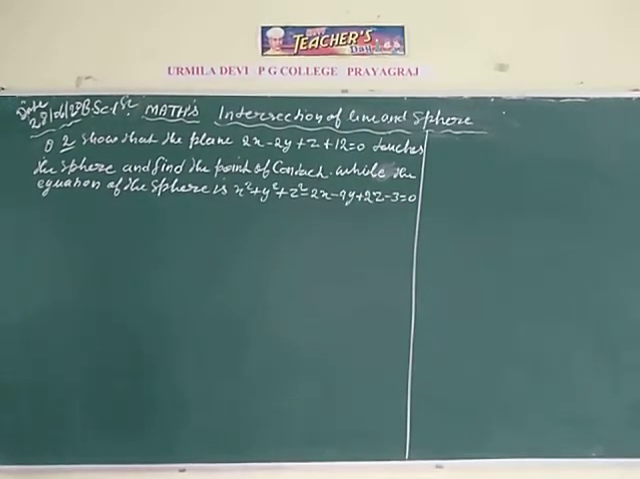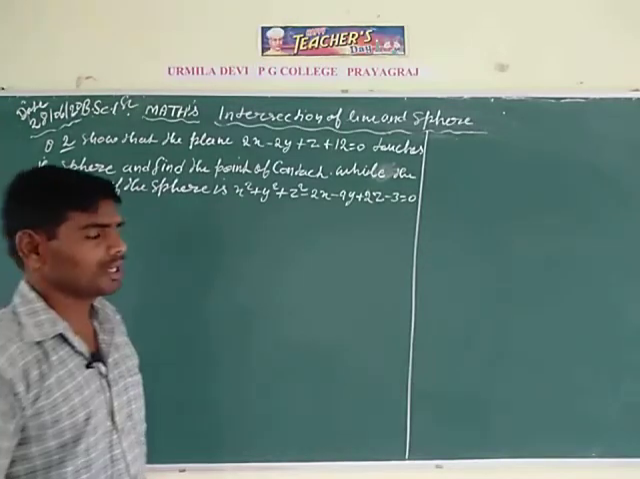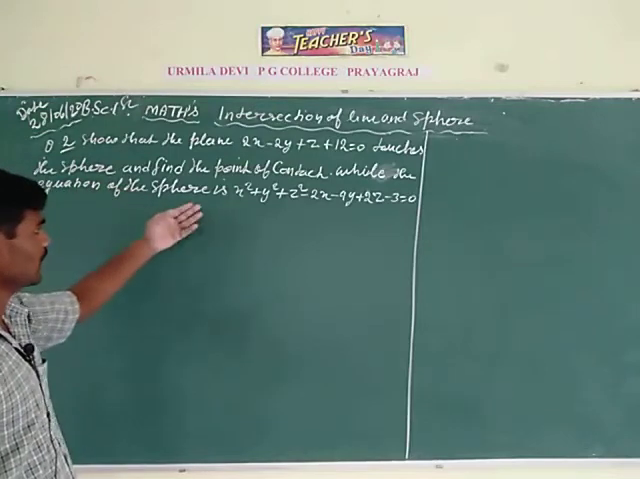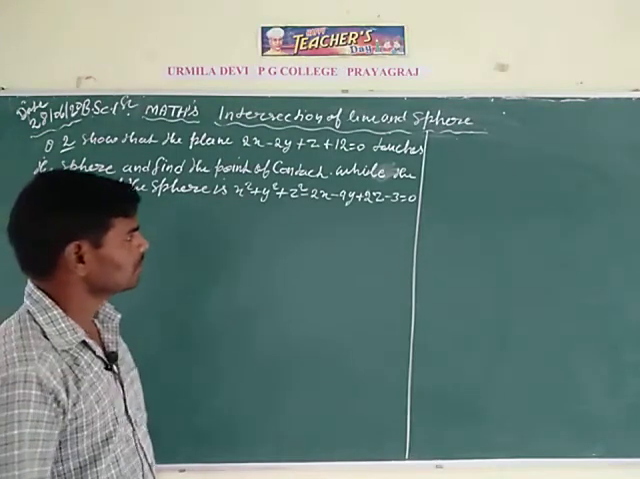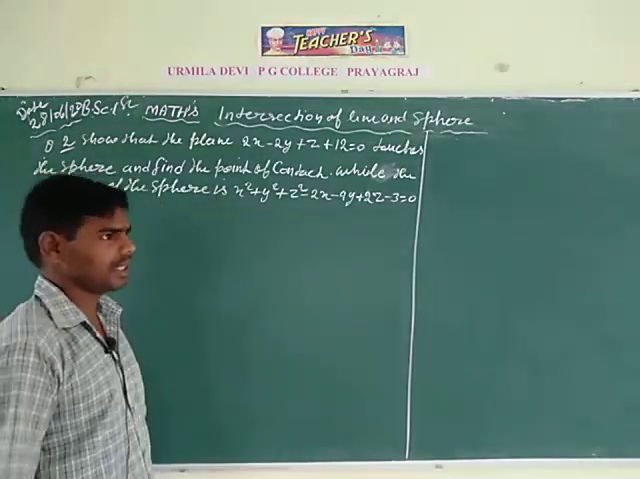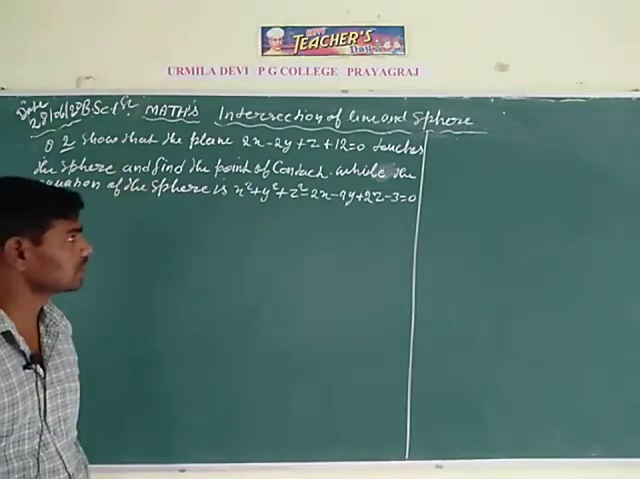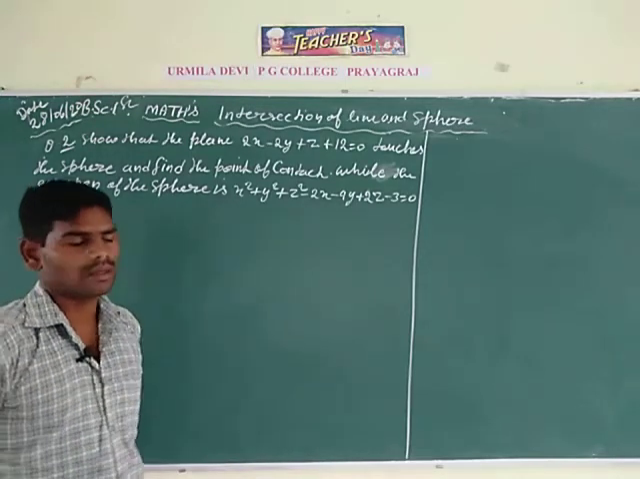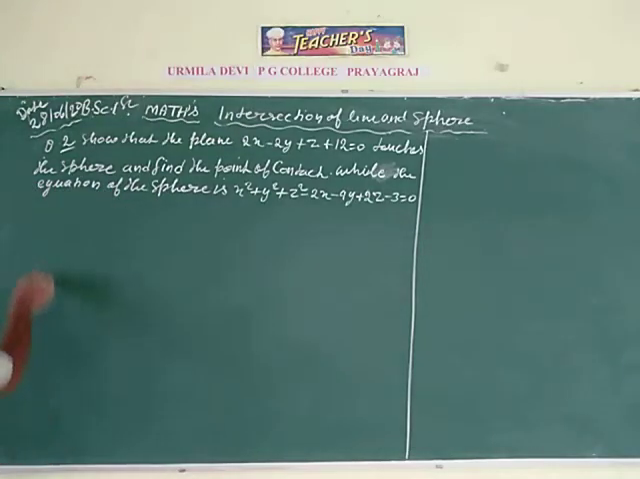In this question, prove that the plane 2x minus 2y plus z plus 12 is equal to 0 touches the sphere. Here the sphere is x square plus y square plus z square minus 2x minus 4y plus 2z minus 3 is equal to 0. This question contains two parts. In the first part, prove that the plane touches the sphere, and in the second part, find the coordinates of the point of contact. So in the solution, write